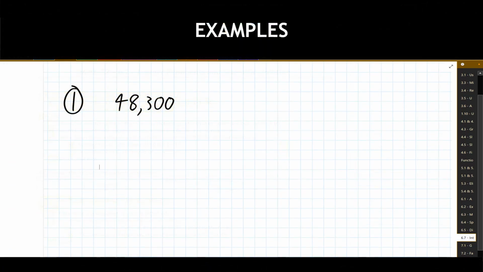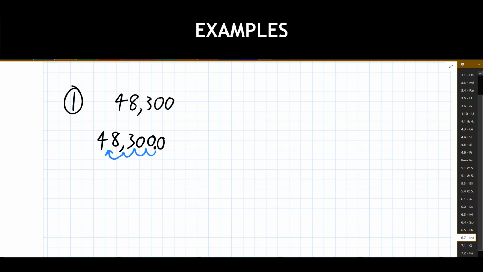Working with our first number here, 48,300, we are going to convert that into scientific notation. My first recommendation for everyone is that we rewrite the original problem with the decimal place actually written in. This is going to help us with our first two steps as we move this decimal point back and forth to get to our new number. So step 1 says to move the decimal point so that the first factor is greater than or equal to 1 but less than 10. So we're going to do that by moving this over accordingly.